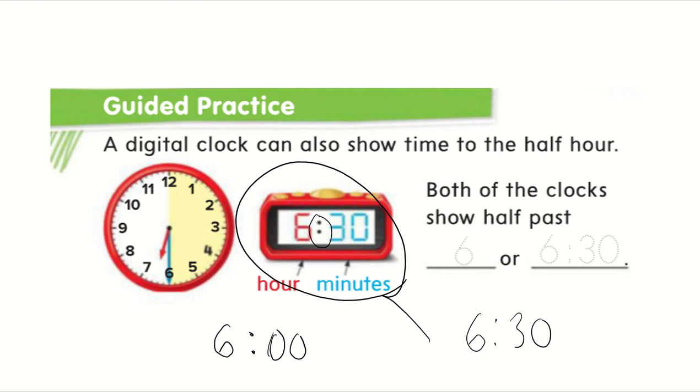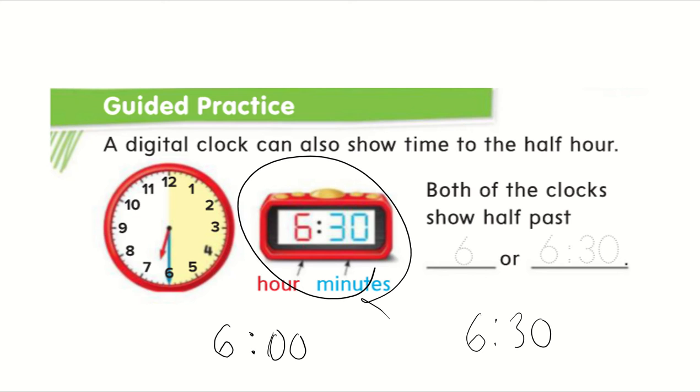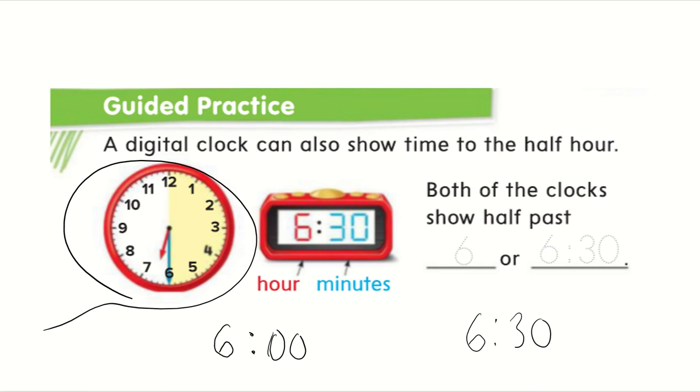Now, as you can see, there's two ways that we can see this. We can see the easier way, personally, I think, is the digital clock, because we can just see it's 6 and then there's 30. So that we know that it is 6:30. The other way that we have here, boys and girls, is the analog. This one gets a little more tricky because for us right now, we have to take a look to see what hour it's going to be. We are going to focus today on this hour hand first, and then we're going to focus on the minute